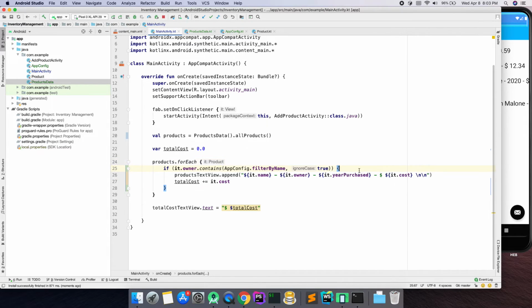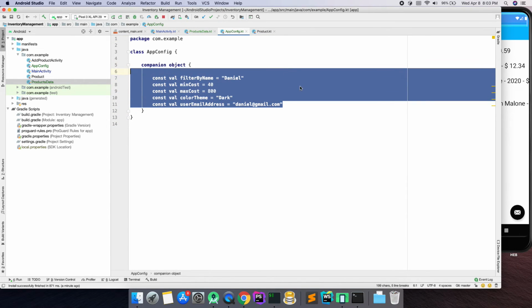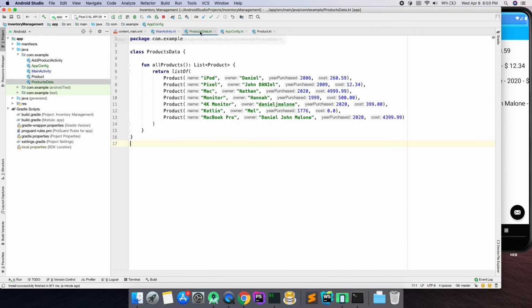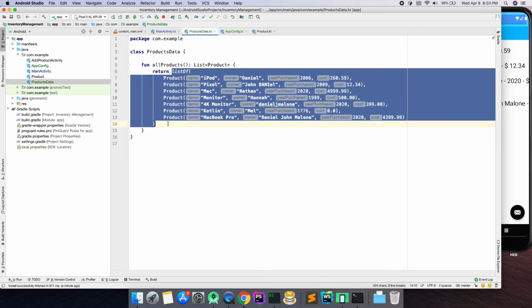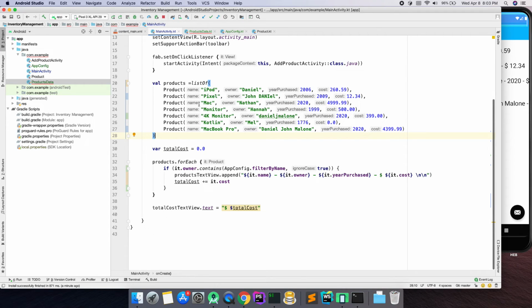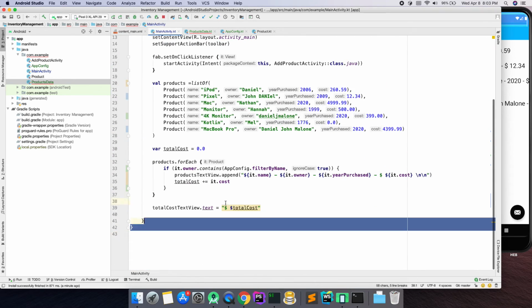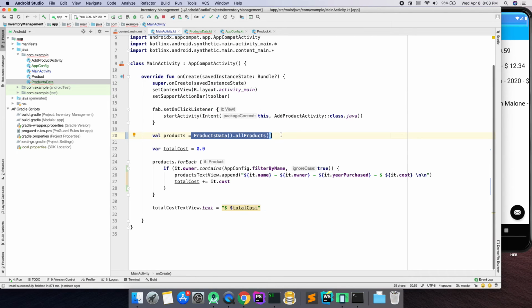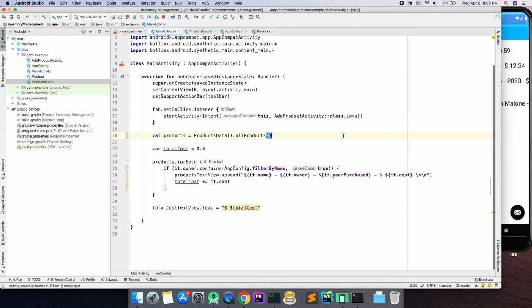Ignore the case, yeah. First we did this app config. We learned about companion objects. We placed some variables in there, max, min stuff. We created our products data, which we used right there. It's the same thing as doing, if I got rid of that, I could put that right there and it would work exactly the same. Nothing would change. But it's generally a best practice to keep these classes small. So I'll use a data source, put all that there, just to separate things out. We'll learn more about that in future tutorials, and that's at 26 minutes,